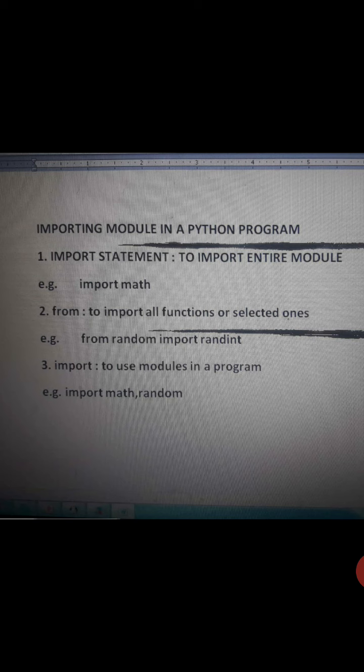module, it means a module has different types of functions and we want to import all the functions of that module, then we have to use import statement. For example, import math. Import space math means when we use this command, then we can use all the functions of math module. For example, sqrt, pow,